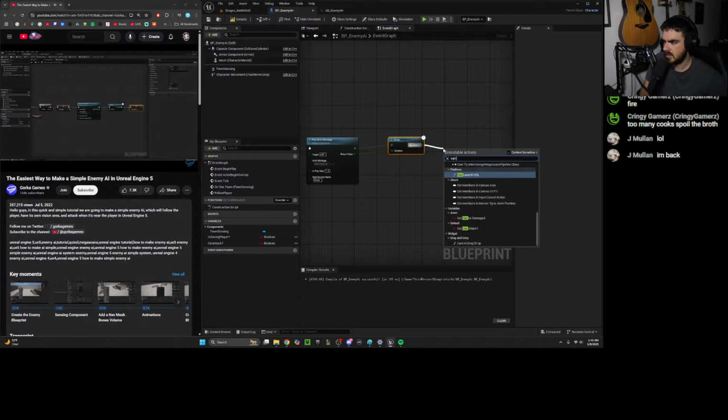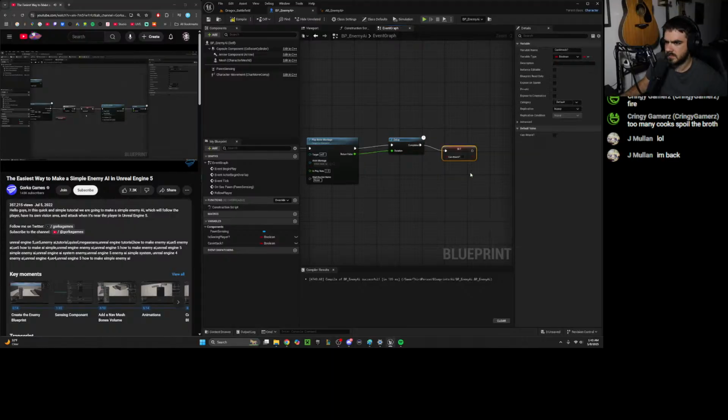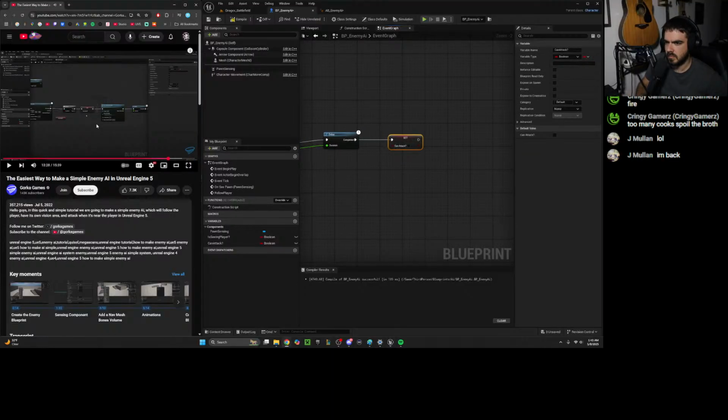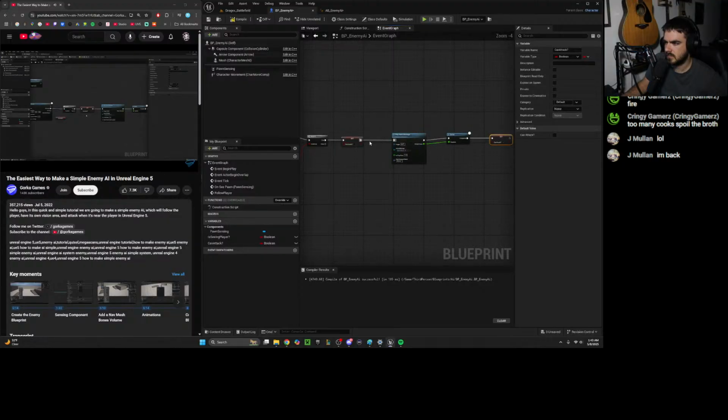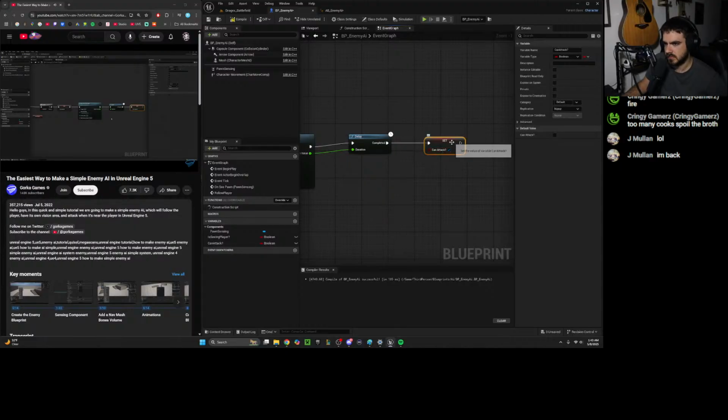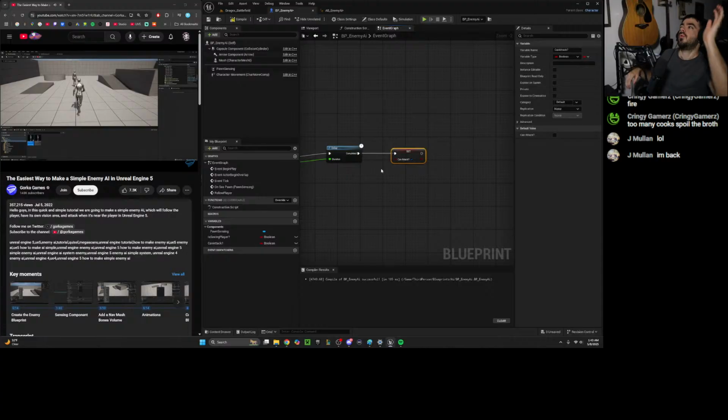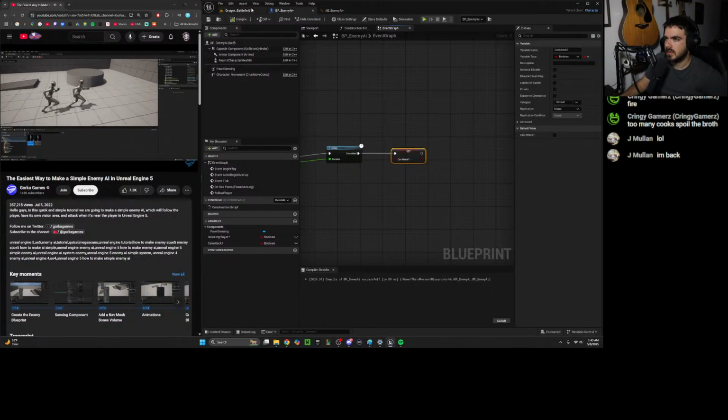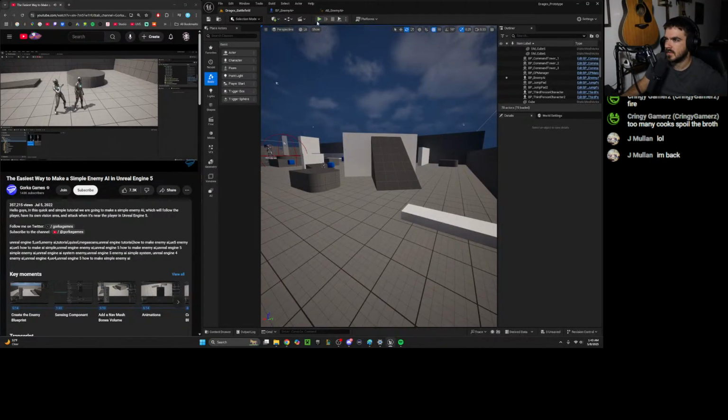So we will set can attack to false when we are attacking, so it won't spam all the time attacking. But when I finish the animation of the attacking, so the attack will finish, it will attack again. So now press play. If I go here, it will chase me, it will stop, and then it will attack